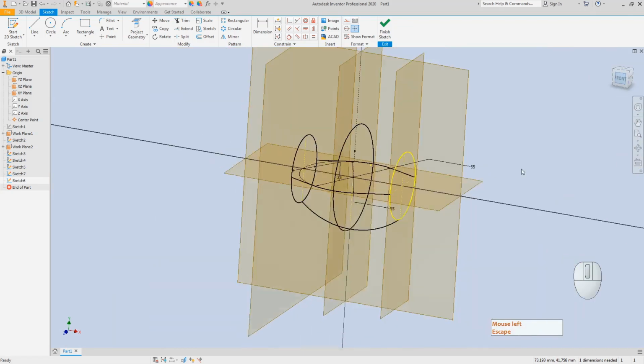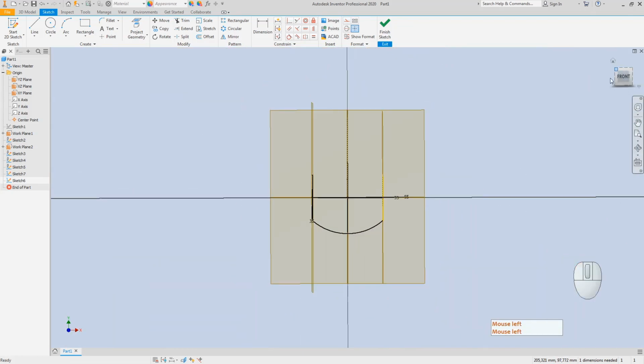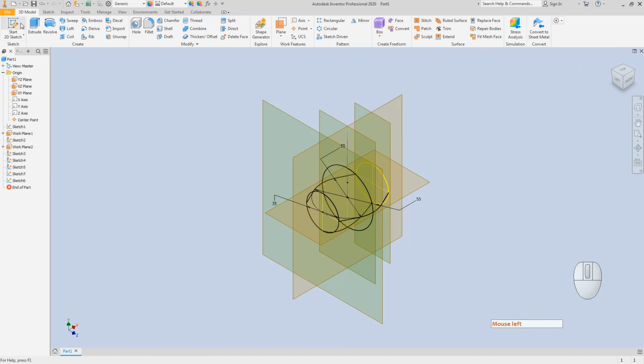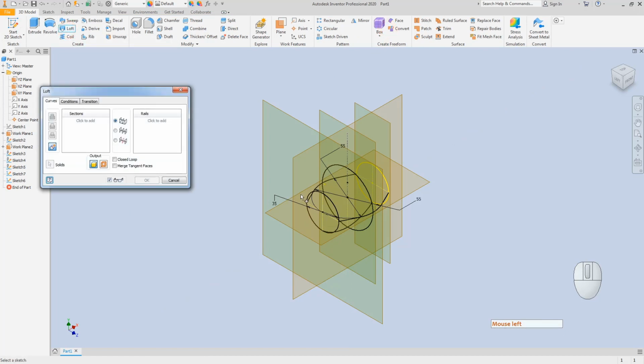Remember this child-parent relationship. This is the parent, this is the child feature sketch. I will just make this sketch, delete this dimension,